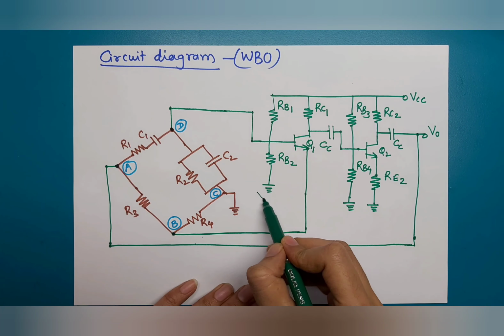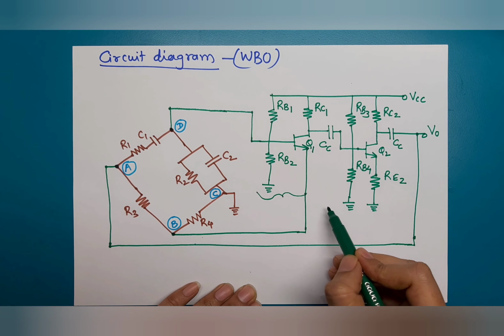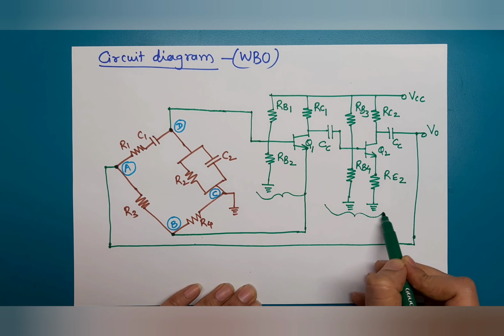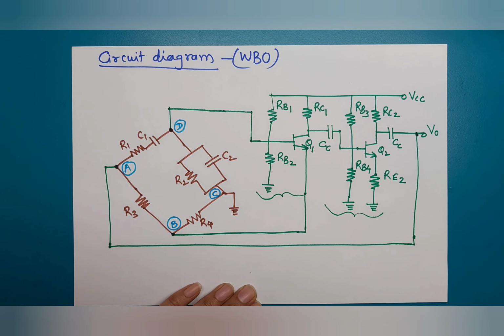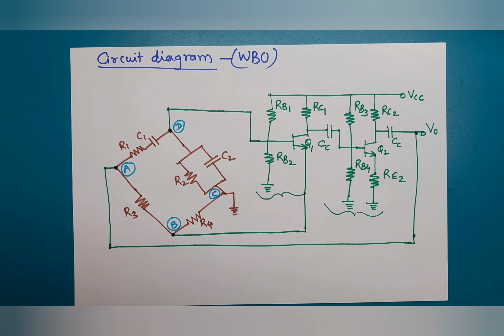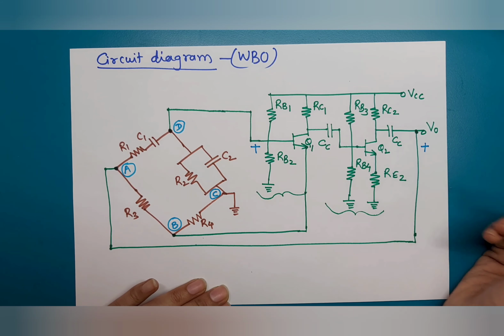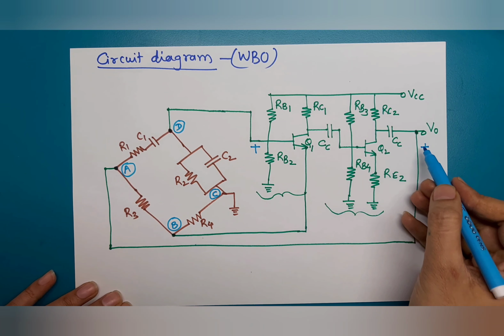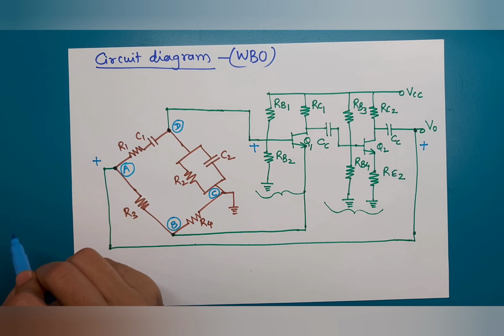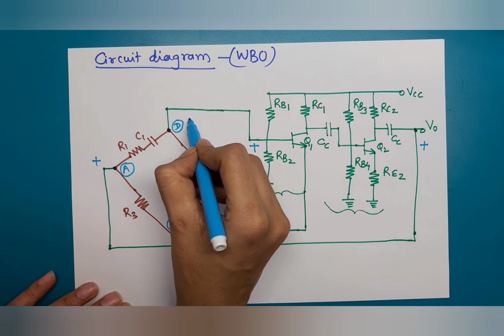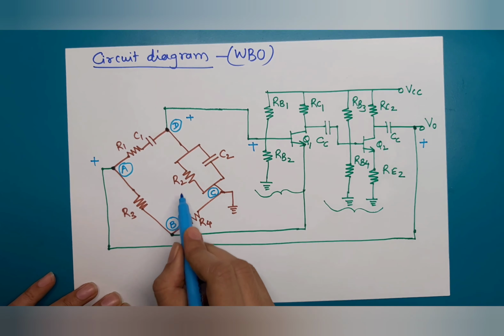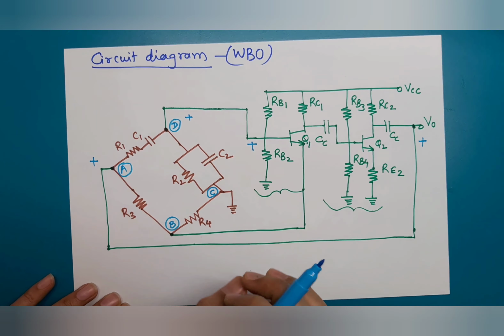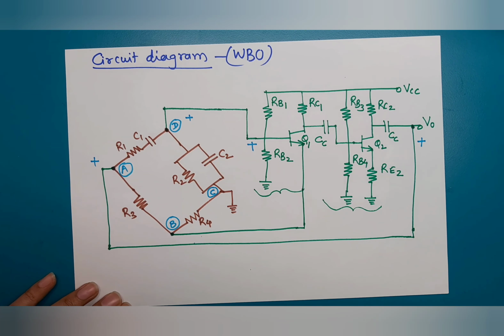In this, the first stage of the amplifier gives 180 degree phase shift. Second stage of the amplifier gives another 180 degree phase shift. So total phase shift at the output is 0 degrees. That means if the signal at the input of the amplifier is positive, then the output of the amplifier will also be positive. And because the Wien bridge feedback network also gives 0 degree phase shift, the positive signal when given to the bridge network gives the output as positive itself. Therefore, the total loop gain has the phase angle of 0 degrees in the Wien bridge oscillator.